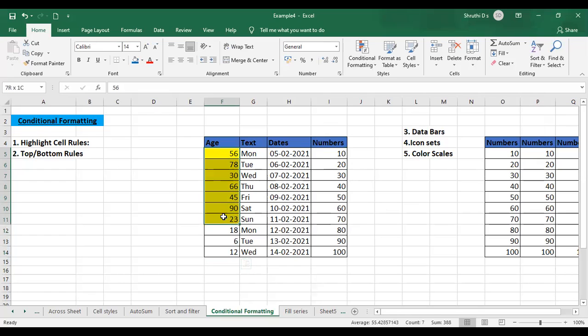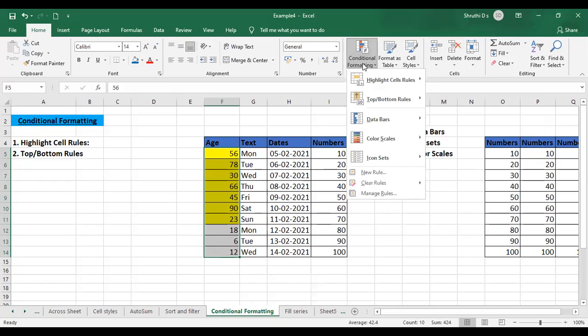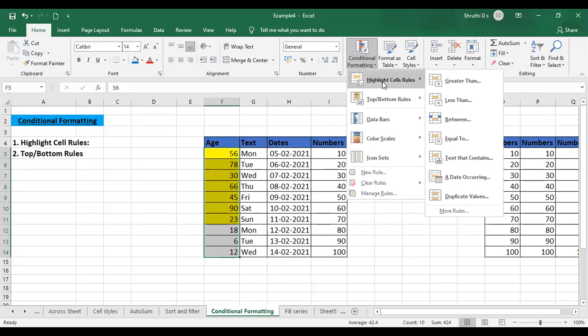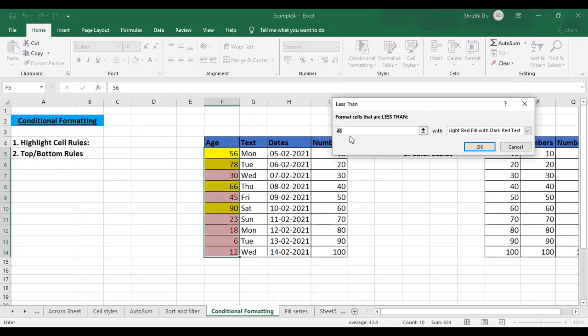Okay, so now I'll just go to the same option. I'll just select the column here. I just want to apply. I want to check the ages less than 18. So what I do, I'll just same option, conditional formatting, go to highlight cell rules and again select less than symbol. Again, as you can see, the same dialog box will appear. And since there is 48 by default, see here, the cells have been arranged similarly.